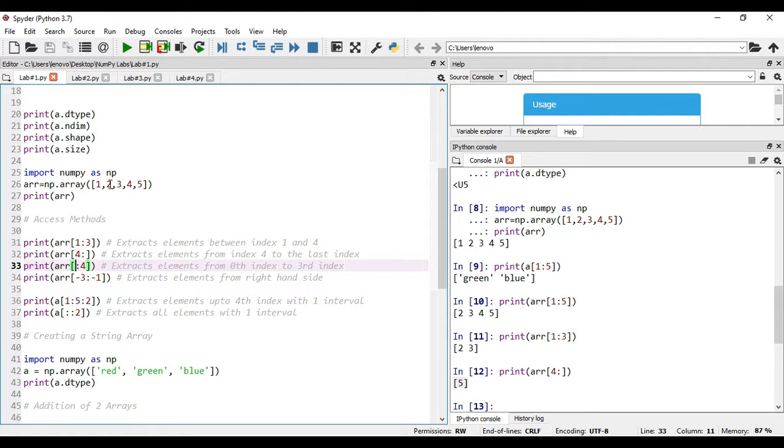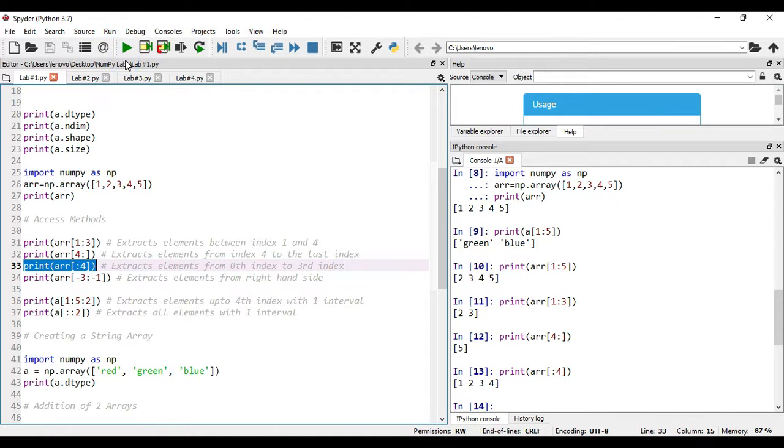See the output. Select the statement and run the shell. We got the output as 1, 2, 3, 4.